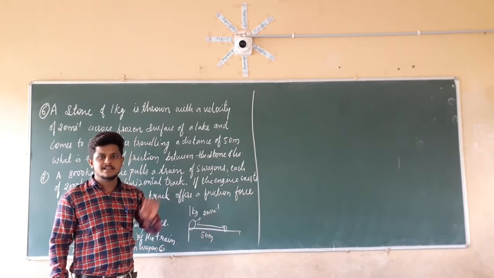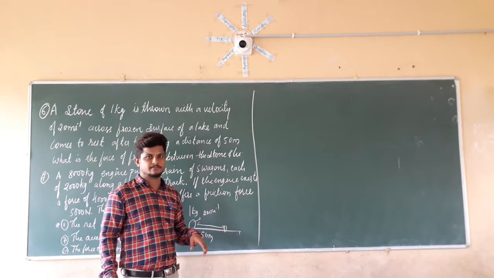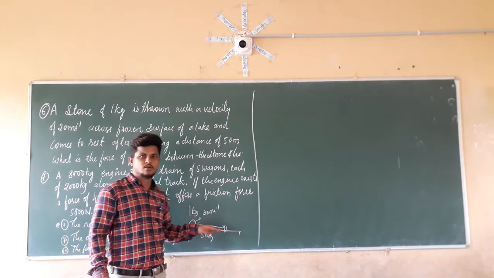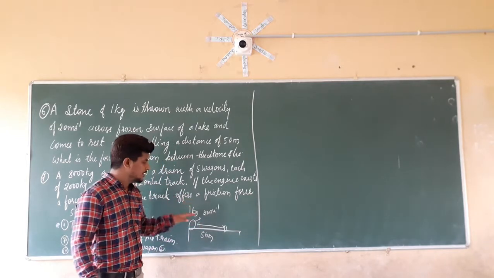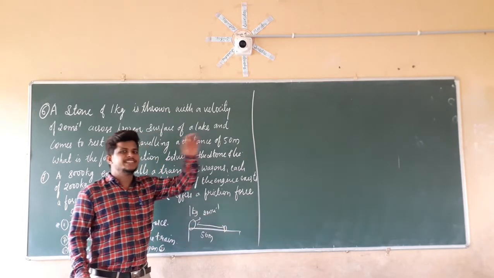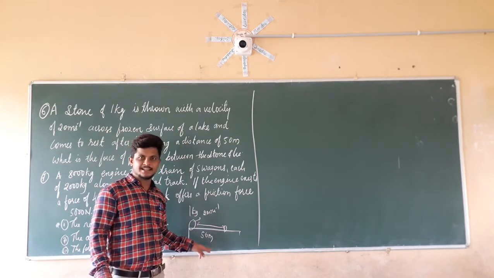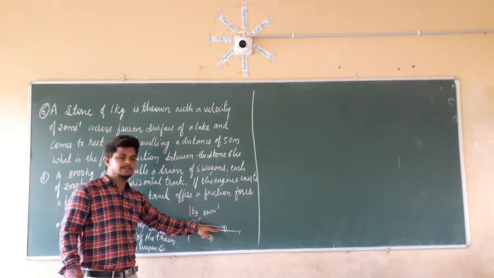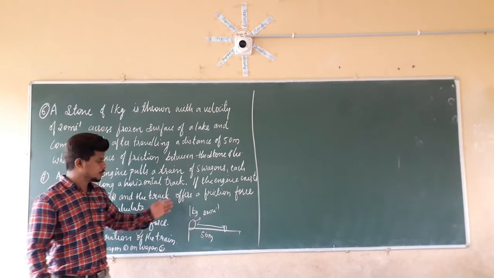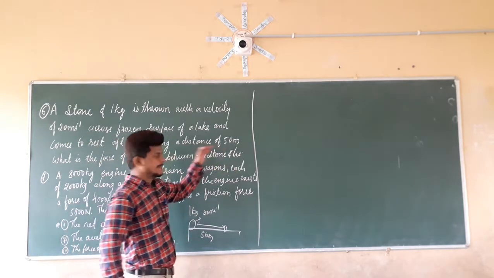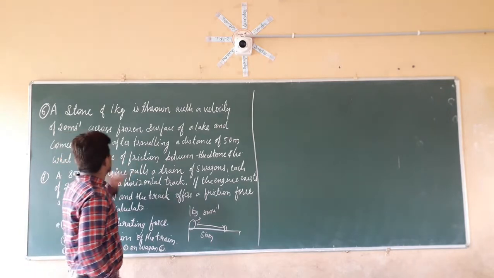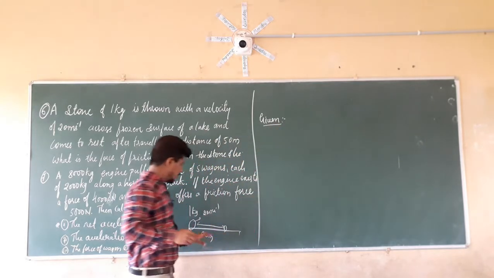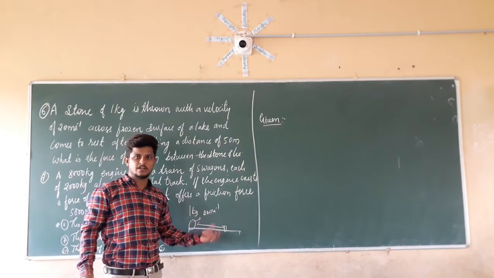But we have a relationship between velocity and position. That relationship is 2as equal to v square minus u square, or v square equal to u square plus 2as. Using that relationship, we can find the acceleration. By using that acceleration, we are going to find the force between the stone and the surface. First we have to write out the given data. I hope it is clear what we have to calculate and how we are going to calculate the force.